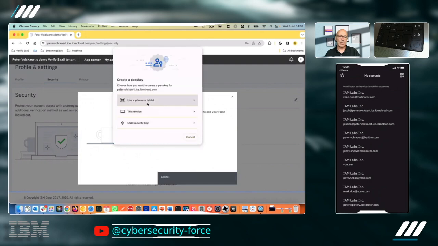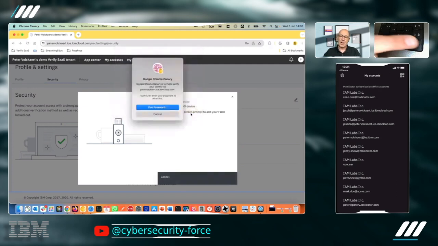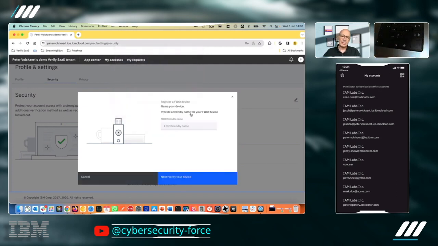Connect to a device, and what I want to do is I want to have a passkey on this device. So I choose this device. It's prompting me, do you want to create a passkey for this domain? Of course, I say yes. I provide my fingerprint